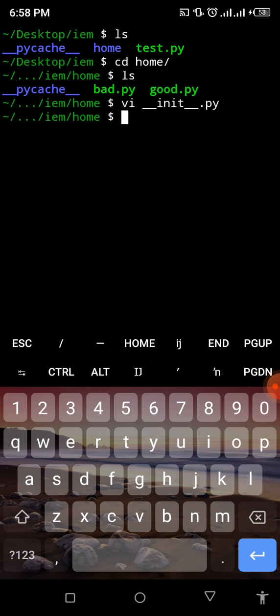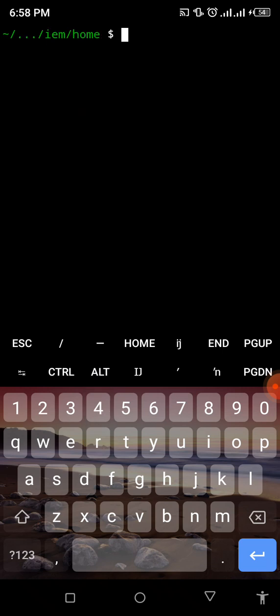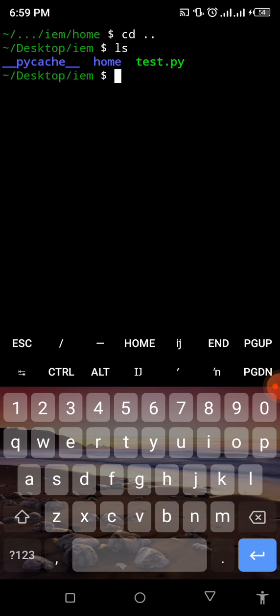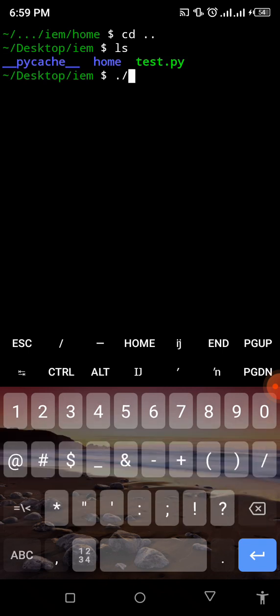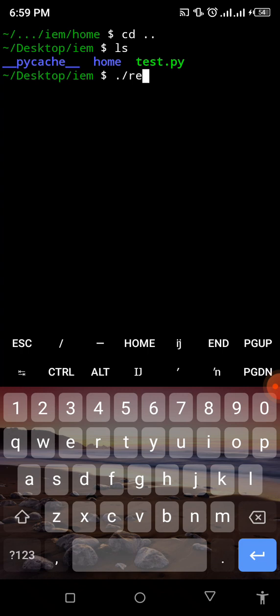So if I clear my screen, then navigate out of this place, then ls, we see home here. Now if we go ahead and run our test file, you can see good indeed is printed out. Now if I vi inside this test